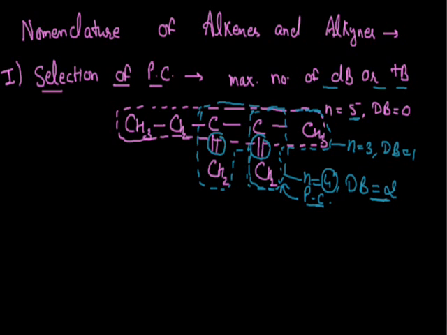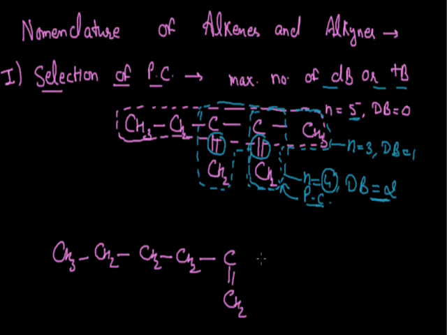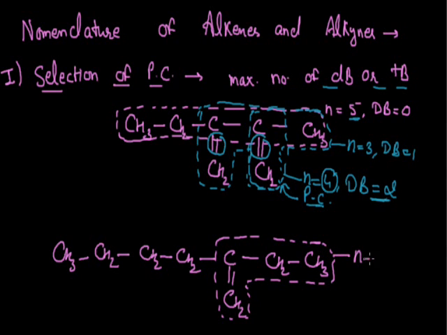If we apply the rule to the next one, suppose the structure given to us is CH3 connected with a CH2 group, and two more CH2 groups are repeated. It is connected with one carbon atom that has a double bond with a CH2 group of an ethyl group. One CH2 and a CH3 group are present as the terminal group. For this organic compound, we can have one chain like this. In this case, this chain will contain a total of 4 carbon atoms and one double bond.